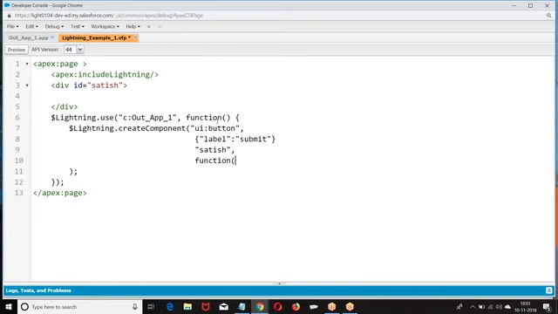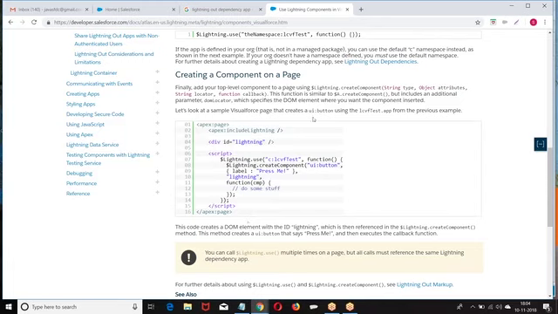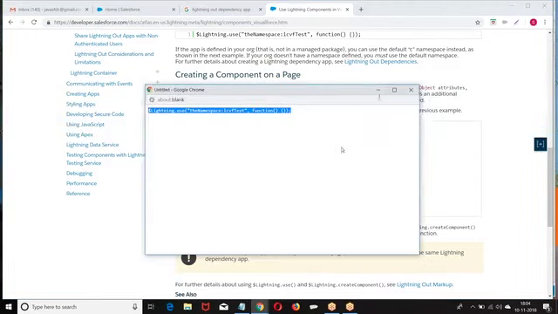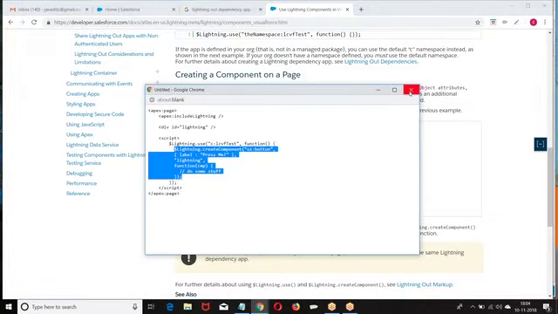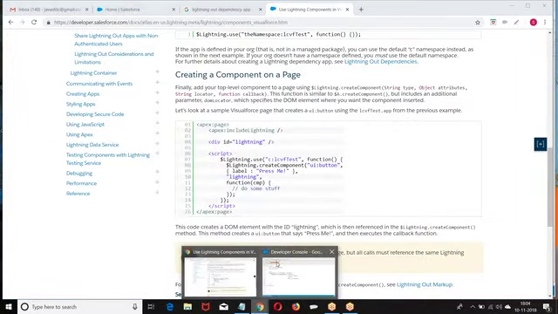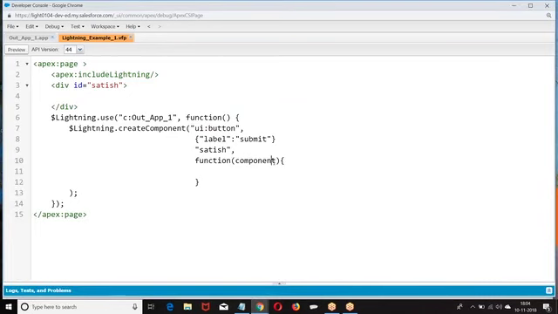Then once it is created, what do you want to do with it? That is the callback action. Whatever component you have created, what do you want to do with it? That's what we are calling here. If you want to check whether the component is created or not, if the component is not equal to null, what you want to perform is up to your choice. Then go to the VF and have a preview.